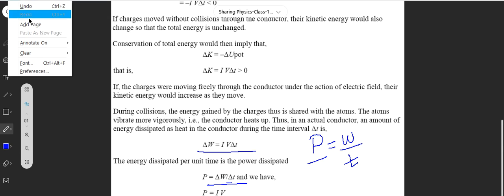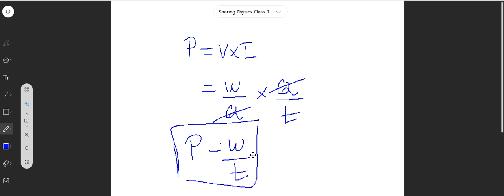The reason for that is when we are talking about this power formula, it will be generally given in the electricity lesson as V into I. The reason for that is we know the basic definition of voltage, which will be work done by the charge, and the formula for current is going to be amount of charge flowing through the circuit in the given time, right? So if you multiply both of them, the Q and Q will get cancelled. Ultimately, it will give you the answer as work done divided by time. Obviously, it is going to give you power.